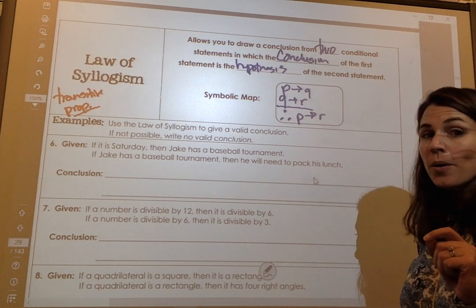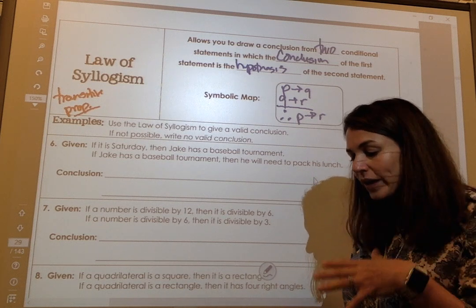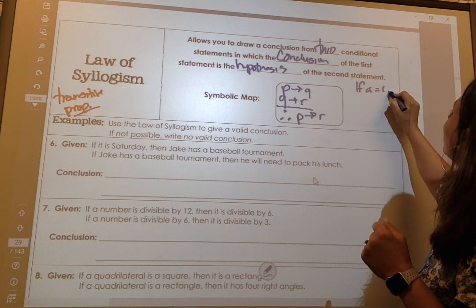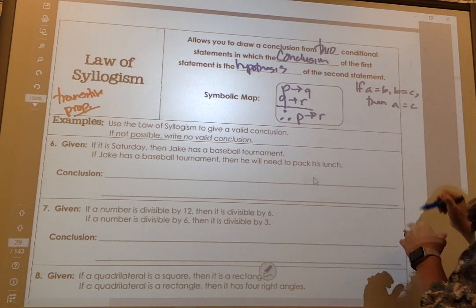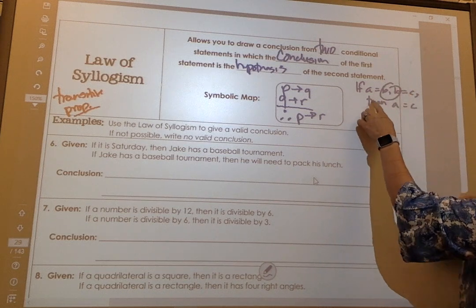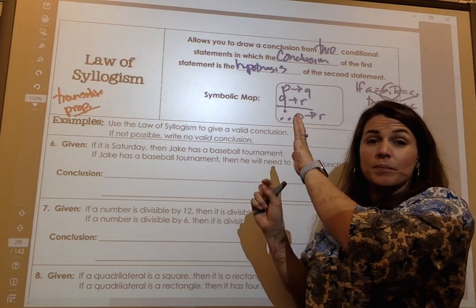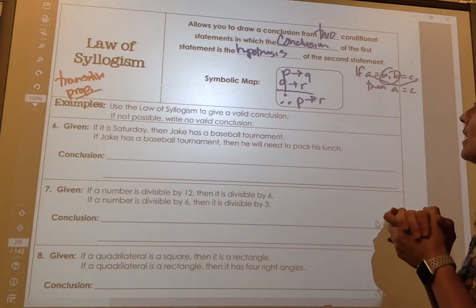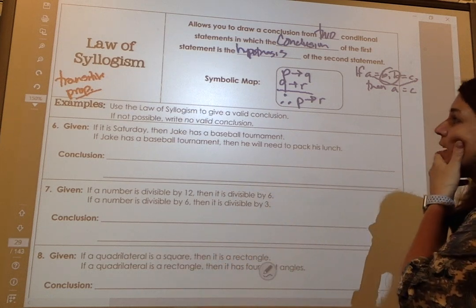So remember my transitive property when we said, if A equals B and B equals C, then A equals C, and we kind of took out that middleman and we drew a conclusion from A and C. That's very, very similar to the law of syllogism. So let's take a look at this, and we're going to use the law of syllogism to give a valid